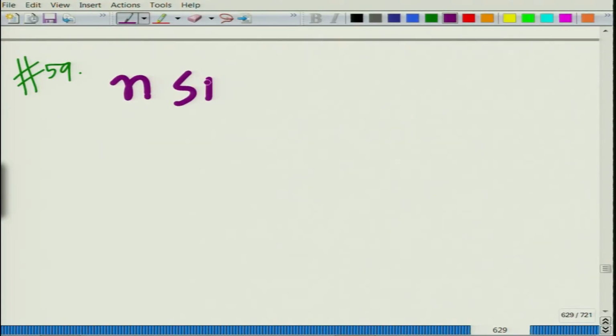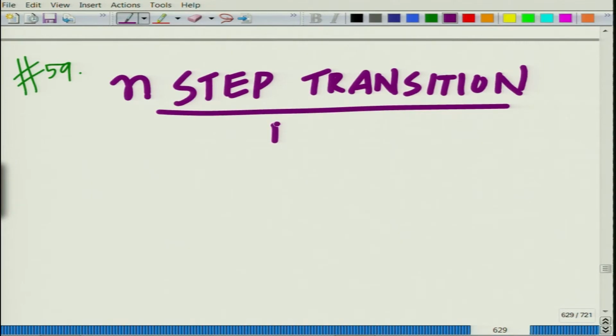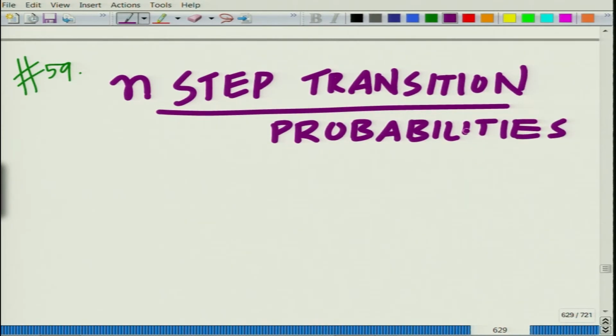So, we are looking at discrete time Markov chains and the transition probabilities, how to characterize the discrete time Markov chain and so on. We have seen in particular the one step transition probabilities. Now, let us ask the question, how to characterize the n step transition probabilities, right. So, we want to look at the n step transition probabilities for this